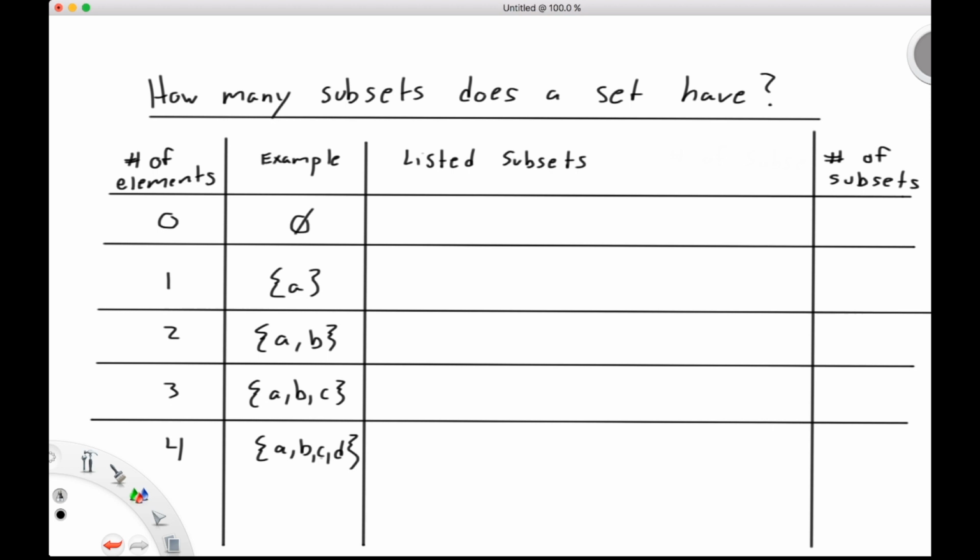So the Monday, Tuesday, Wednesday, Thursday, Friday set, for instance, has 5 elements, and it would take us a pretty long while to count the number of subsets that it had just by listing them out. And this would get even more difficult as we made that set even larger. So if we took, for example, the set of all of the letters in the English alphabet, there's 26 of those. So counting all of the different ways that we could break that set into pieces would be an enormous